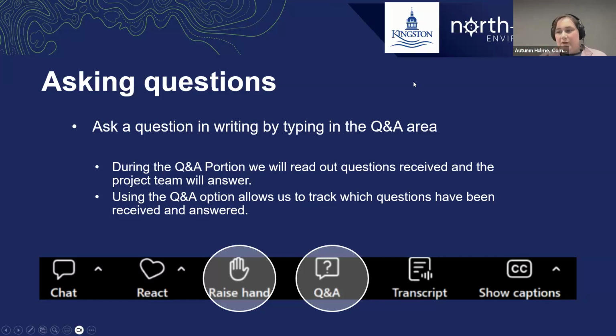The project team will respond to both written and verbal questions and comments. All feedback will be summarized by the project team and posted on the project page on Get Involved Kingston. Those links have been shared in the chat, and we'll share any other relevant links or contact information in that chat as well, so you have direct access there. Feedback will be considered by the project team as we work towards finalizing the Natural Heritage Study.